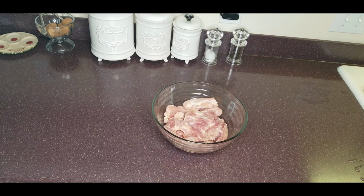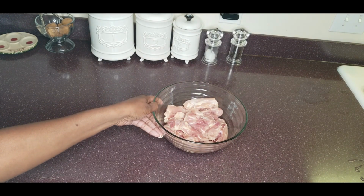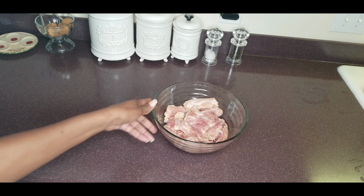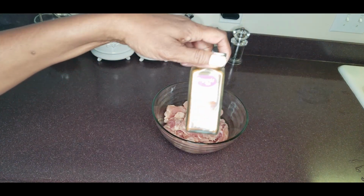So today we're making stewed brown chicken and potatoes. So here I have about 3 pounds of boneless chicken thighs, and we're going to season them with chili powder,